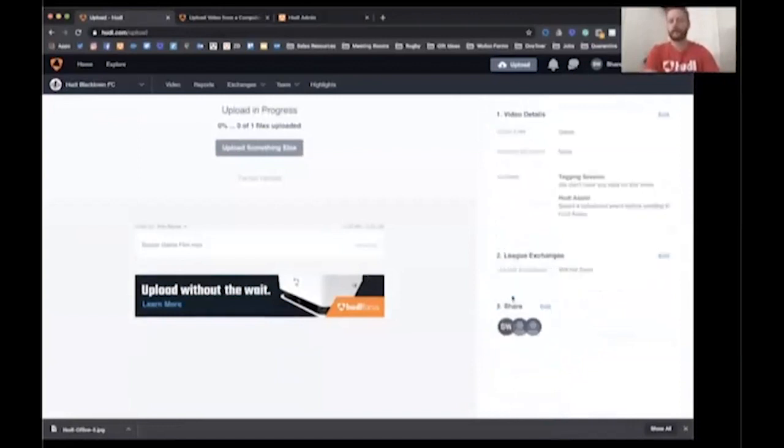You won't have this section, but once you're done, then just let it do its thing. It'll upload. It'll take some time, depending on how fast your internet speeds are and how big the file is. And once it's online, then it'll be ready to analyze. So that brings me nicely to the next section of the 4 key components here. So that's to analyze your video.